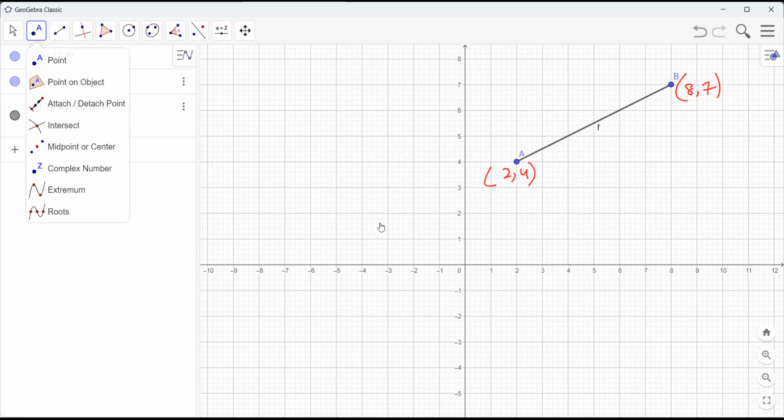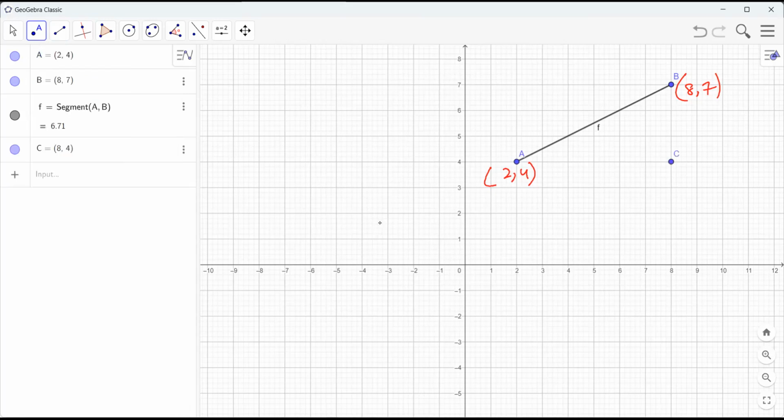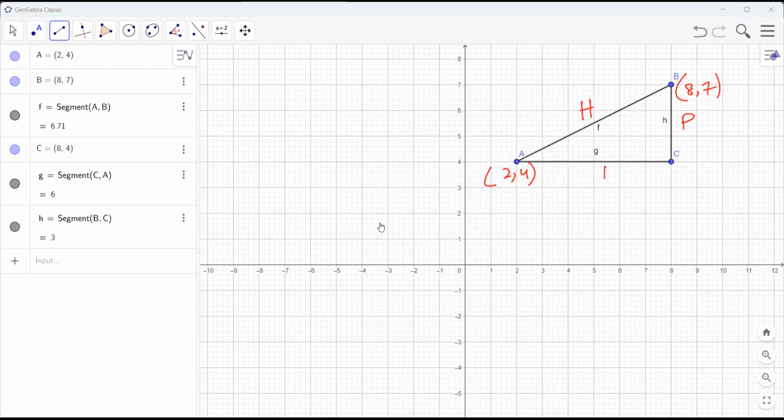Now, look, to find the distance between these 2 points, let me make a right angle triangle. And this is really interesting. I put this point so that I can make a right angle triangle. Now, look people, if you know about hypotenuse, perpendicular, base, and the well known Pythagoras, हाइपोटेनस का स्क्वायर बराबर होता है